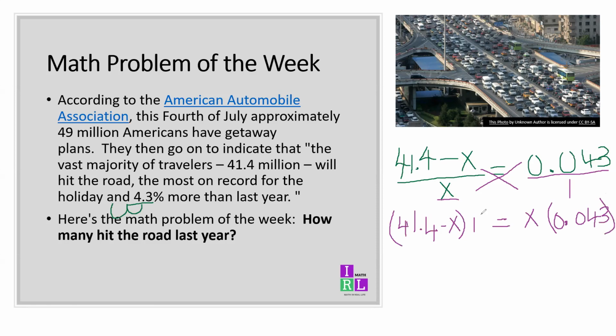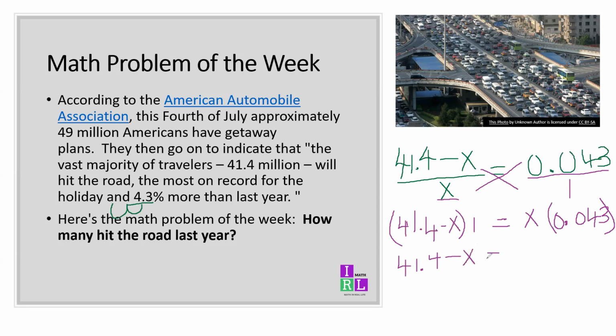So I cross multiplied. All right, 1 times anything is anything, right? So 1 times 41.4 is 41.4. 1 times minus x is minus x, right? So I can go ahead and drop the parentheses there. So it'll be 41.4 minus x